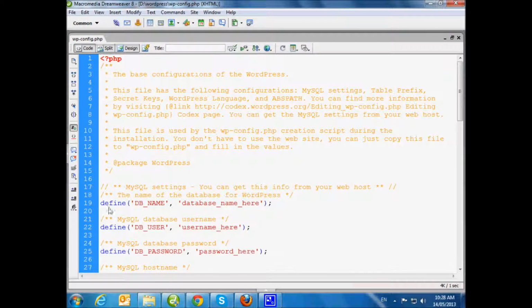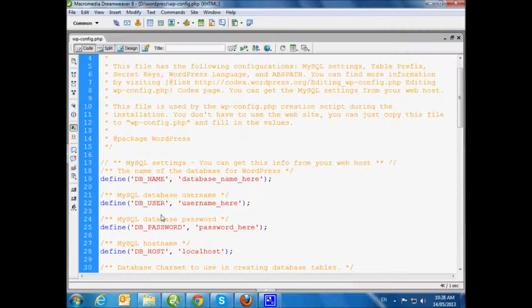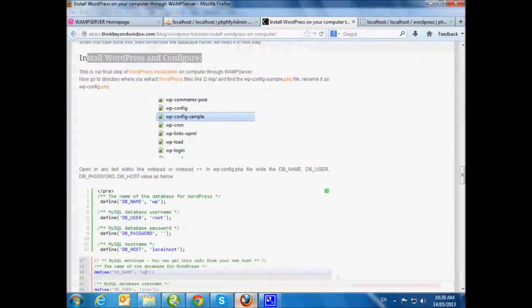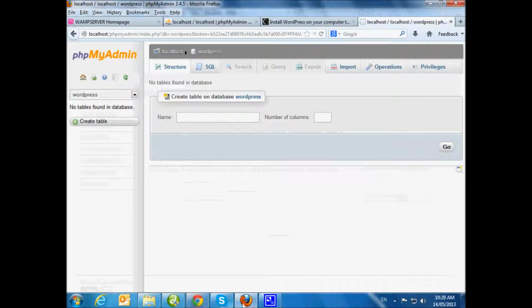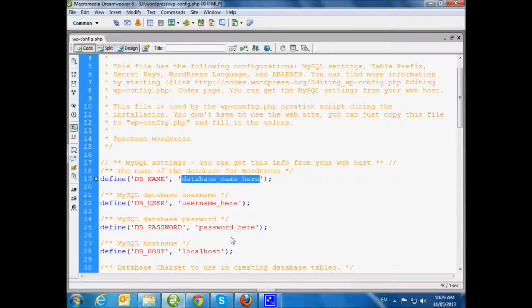Now give the database name here in the DB_NAME line. What is your database name? We wrote the name WordPress. What is your username? We will use the root user of WAMP server, which everyone has.